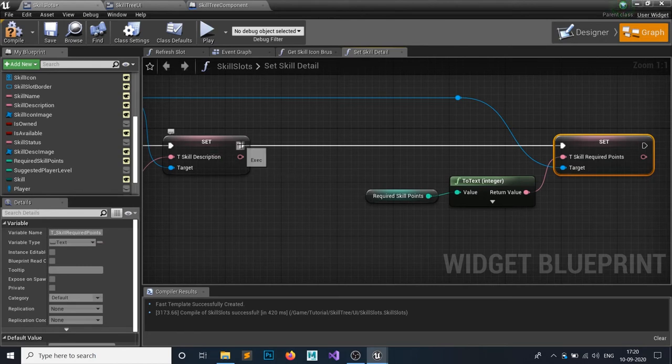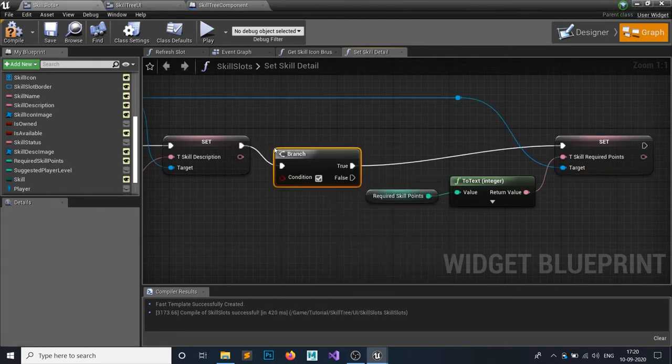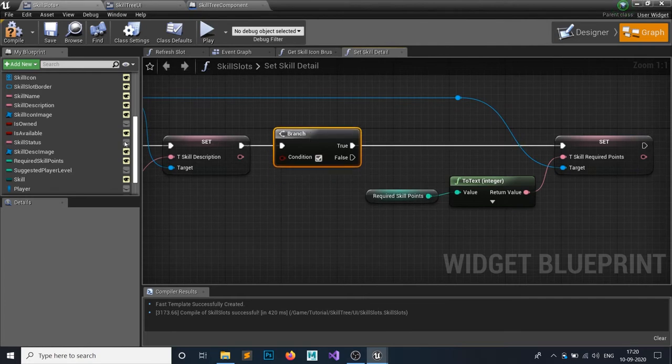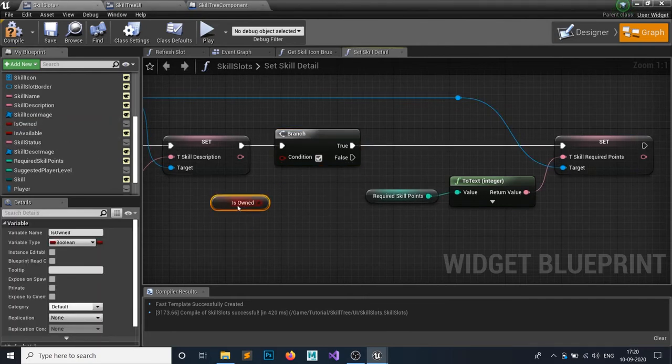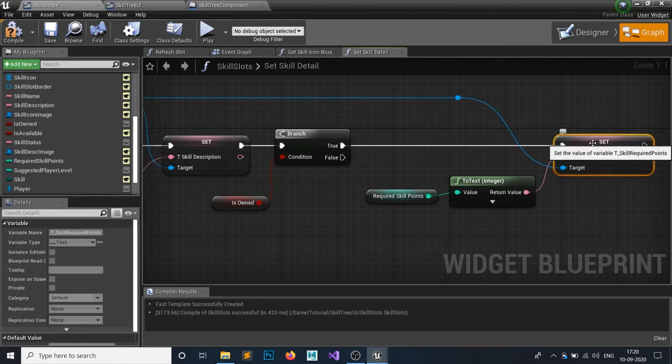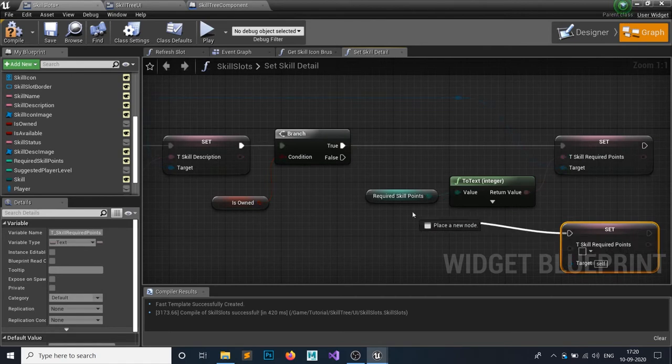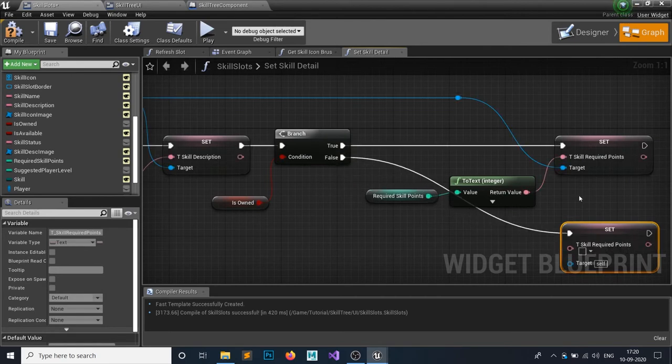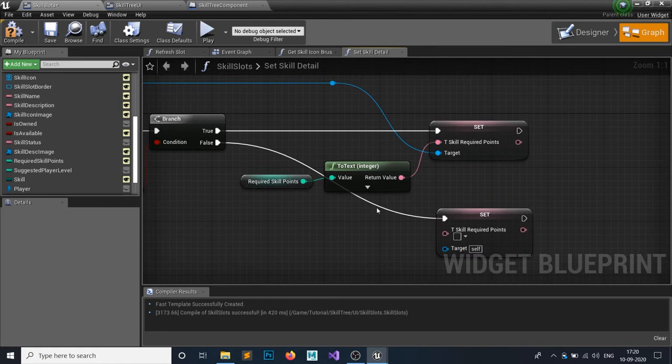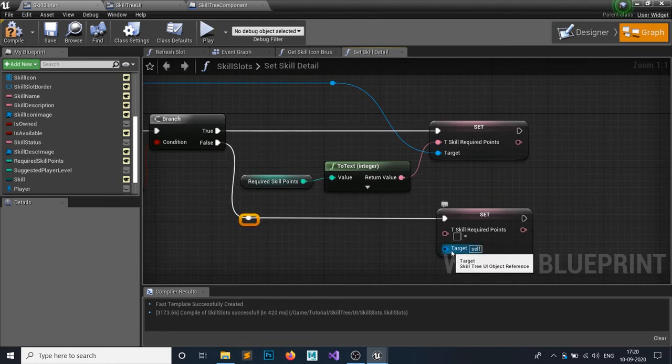So we're going to add a branch between this, and if our skill is owned, then we don't want to set it. So just Control W to duplicate this, and if it's false, then we set it, and if it's owned, we don't, because we already acquired that skill, and the target would obviously be your skill tree, otherwise it will give you an error.